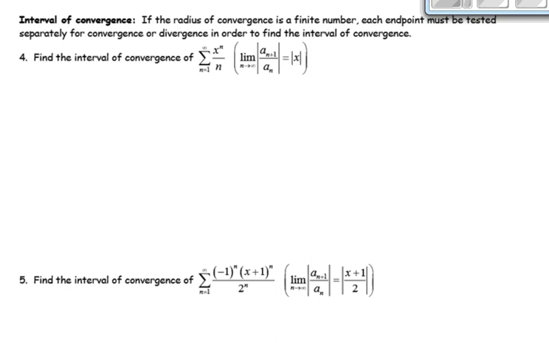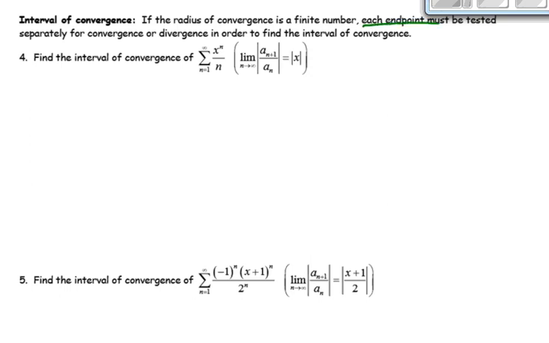This video is part 2 of section 9.8, talking about power series. In the previous video, we introduced power series and then talked about the radius of convergence of a power series. Now we're going to take it a little step further, and we're going to talk about the interval of convergence of a power series. So the interval of convergence, if the radius of convergence is a finite number, each endpoint